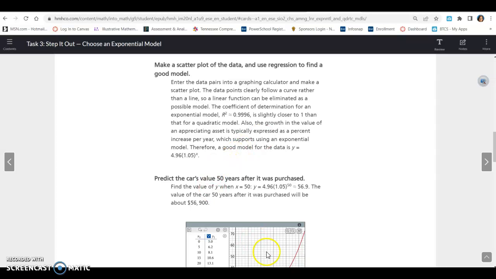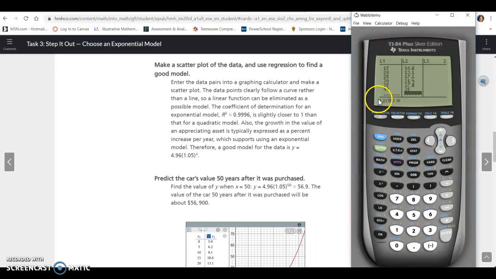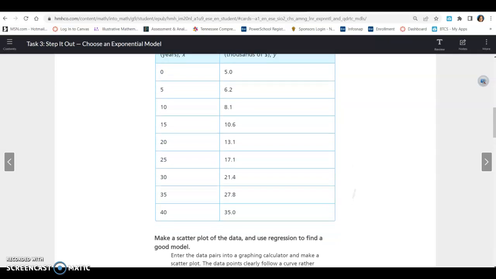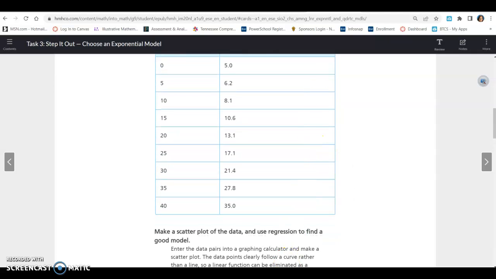All right, so I've already entered the data in my calculator just to kind of get us moving a little bit quicker. So these are the points from the table above, and it says make a scatter plot. So once again, I'm going to make a scatter plot. If I hit graph, oh, well, I need to get rid of some of this other stuff first. Let's clear this out and hit graph. All right, so you can see these are our points, but I need to look and see if I've got my table set up to where I'm seeing all of my points